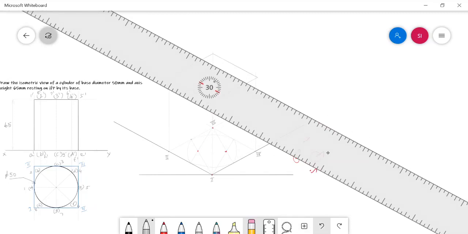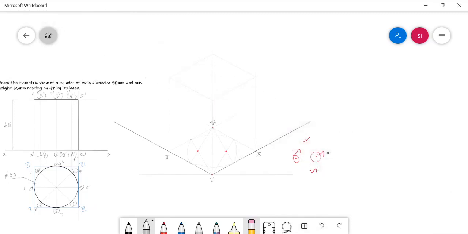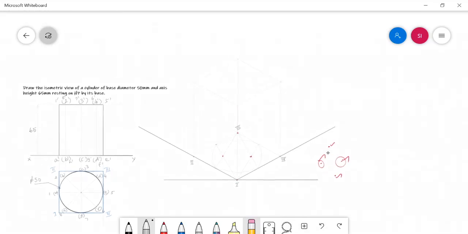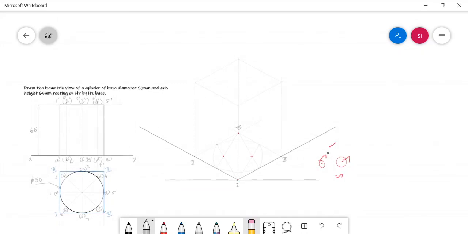Yes, this is nothing but the top surface square, which will help us draw the isometric view of the circular face of the solid. So now once again we need to follow the 4 center method here.